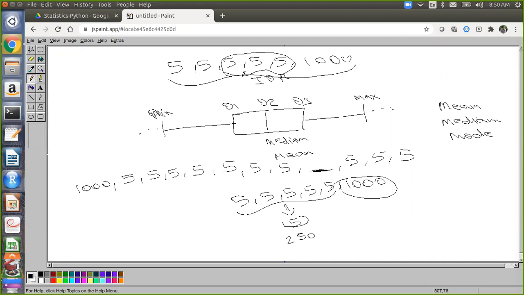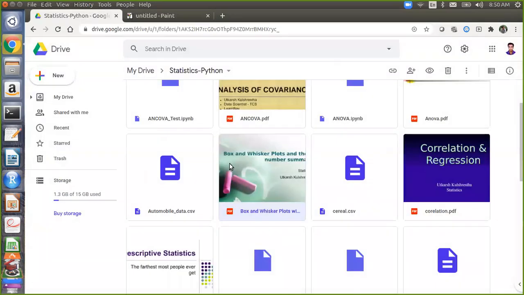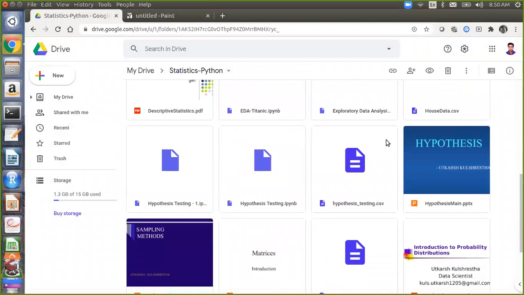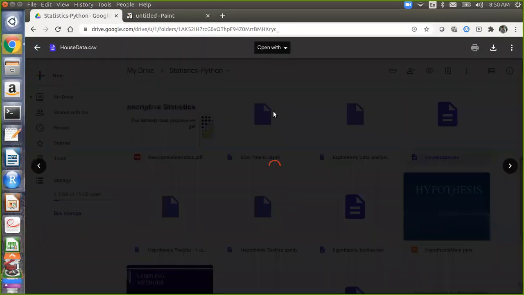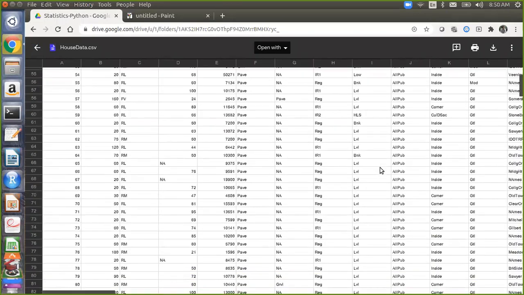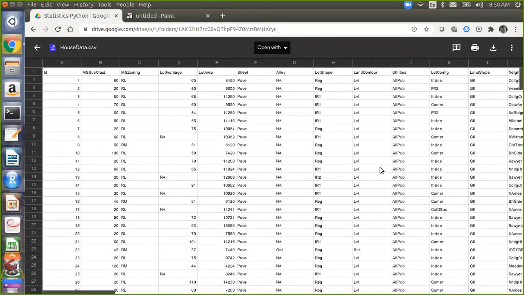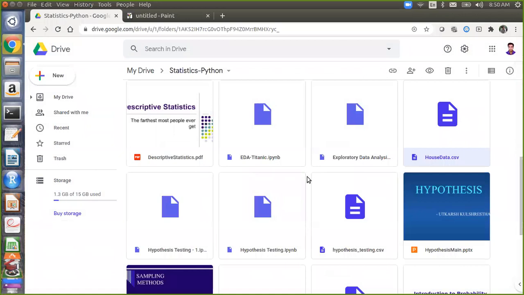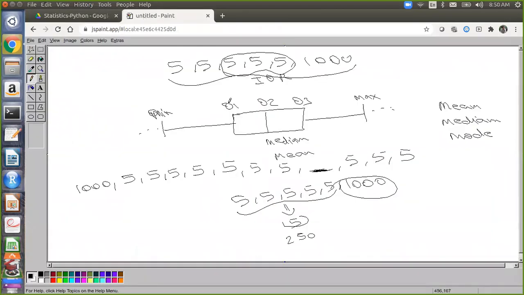Now, a question for you guys. Suppose I have given you a CSV file. For example, I'll just open one simple CSV file. Suppose this is the CSV file, and I have this data available. Now in this data, using Python or R, whichever language you like, from this CSV you have to give me the data which belongs to the interquartile range. How will you do it, and how will you give me the data which belongs to the interquartile range from a CSV file?